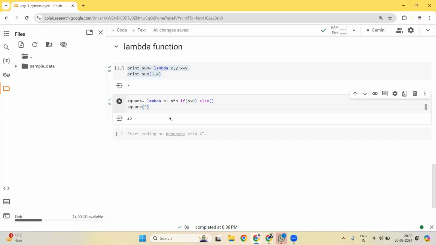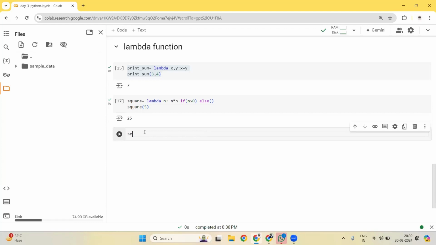Suppose that I am creating a temperature converter, like Fahrenheit to Celsius, using a lambda function. So what I can do, I can write like this. Let us say I'm doing Celsius to Fahrenheit. Celsius to Fahrenheit equal to lambda. It will take one argument, which is Celsius. So I'll write C